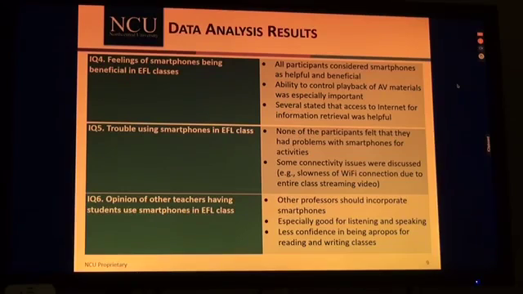Now, of course, using smartphones in the language classroom, there's potential for a variety of problems. So I asked in question 5 if they had experienced any trouble using their smartphones in their EFL classroom. And none of them, thankfully, felt that they had any problems with the smartphones for conducting the activities. Of course, there were some connectivity issues. One of the common